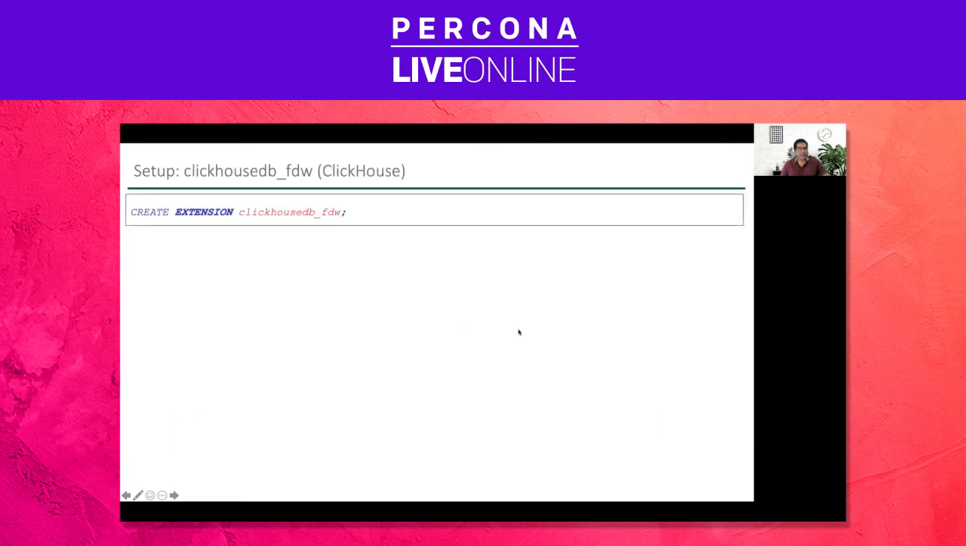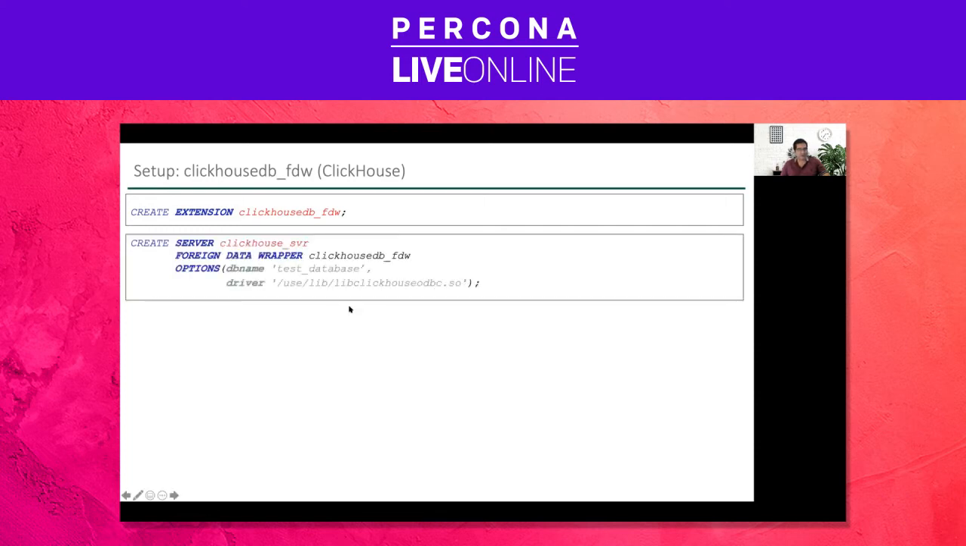Similarly, we're creating an extension, ClickHouse DB FDW, because we want to query ClickHouse. ClickHouse is a column store. You can just Google it and search what ClickHouse is, one of the best column stores. So I just created a ClickHouse server and foreign data wrapper, ClickHouse FDW. I just provided the foreign data wrapper name, and here a DB name, test,